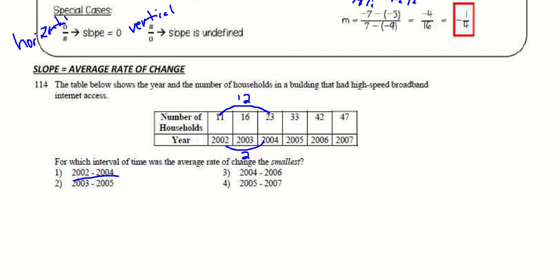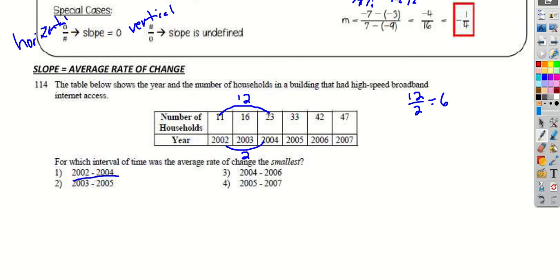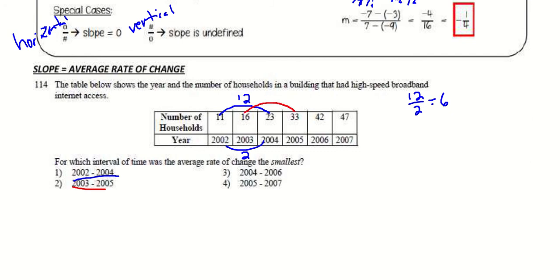Now what's the independent and what's dependent? If I do the year, does that affect a household, or a household affect the year? So if you want to consider that to be what's x and y here, okay, we can kind of think about this as this is 12 households, but it's 2 years, so this is actually a rate of 6 households per year, okay? The second one you can see is 2003 to 2005, so it's going from 16 to 33,